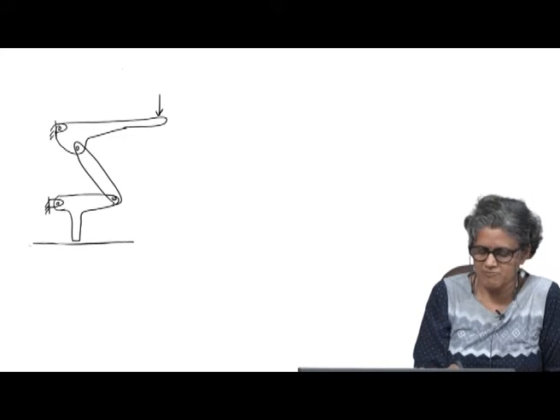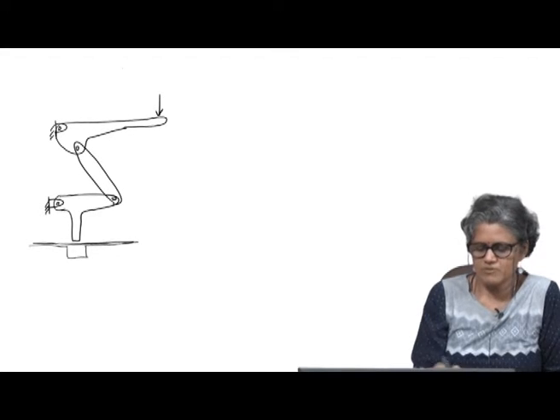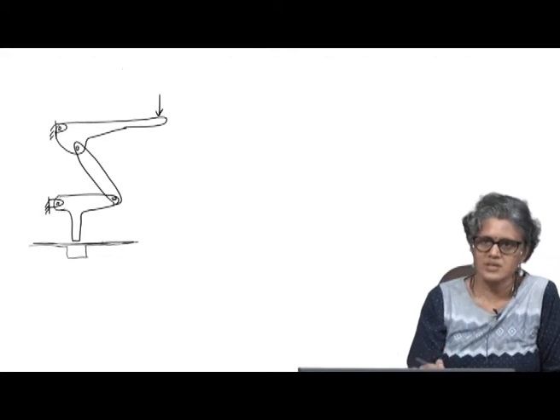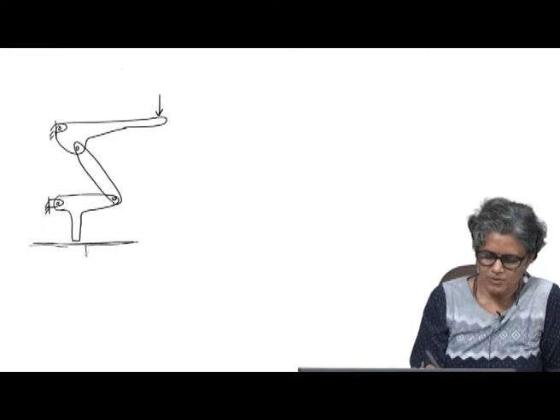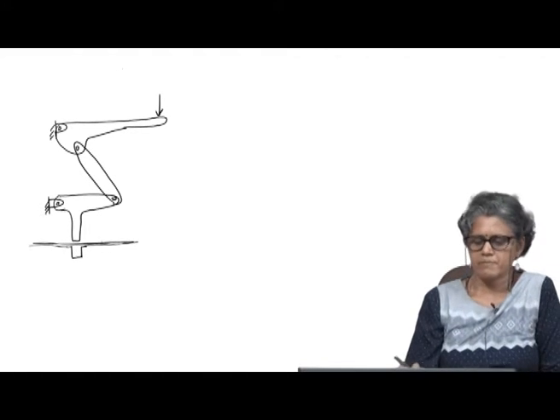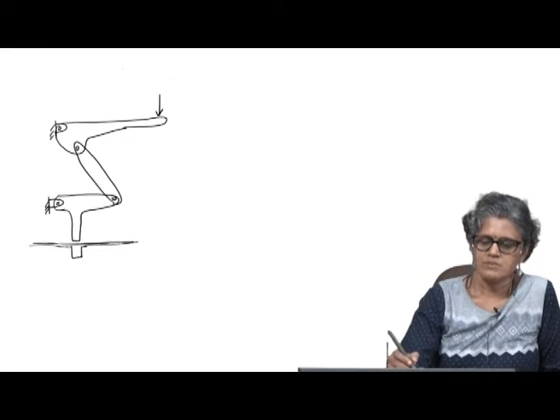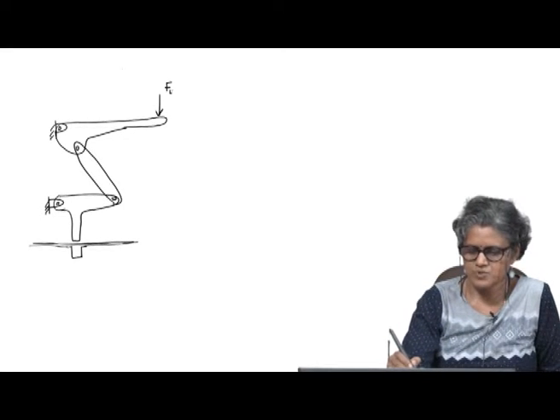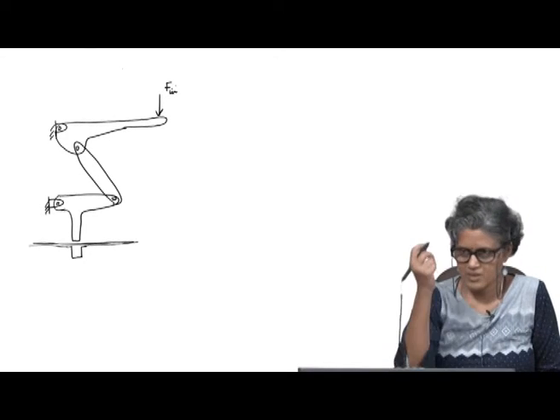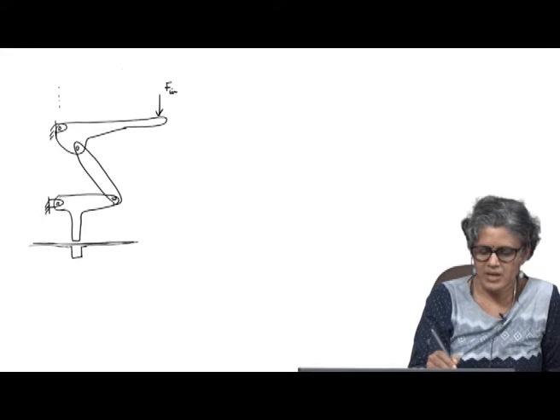So, I may have a table on which the sheet is placed, and then it will punch the hole. Okay. So, now this would be the input force I am applying at a distance